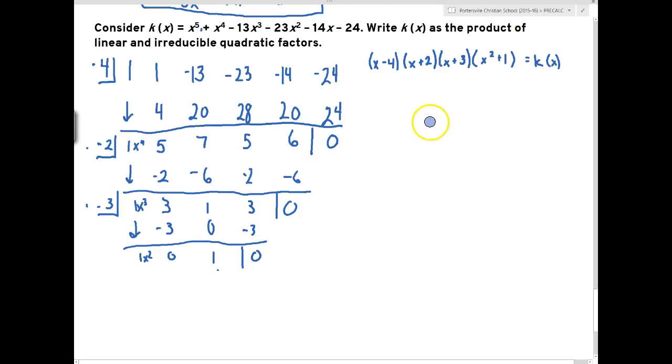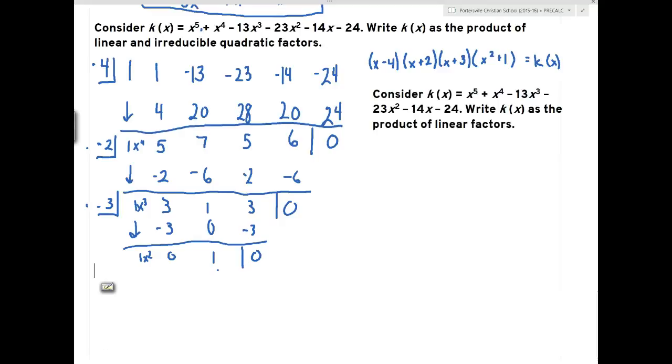So this is my answer for the first part, but then of course the book's going to ask us to do a little bit more. Now if we absolutely have to write this function as a product of linear factors and not just linear and quadratic factors, we're going to have to bring in imaginary numbers, because there is no way to factor this out into real numbers, but we can rewrite it in such a way that it will give us a difference of squares of